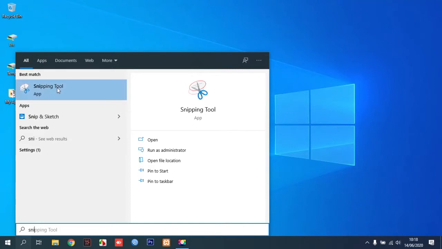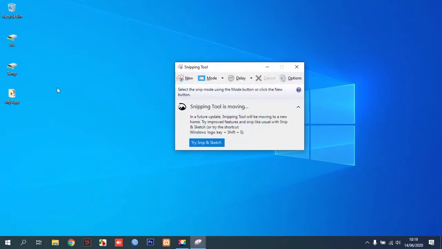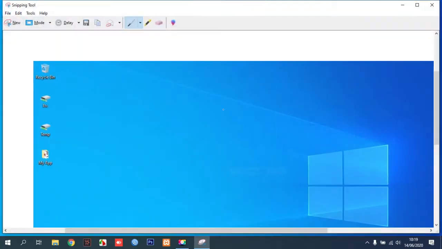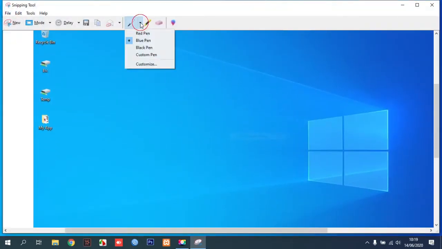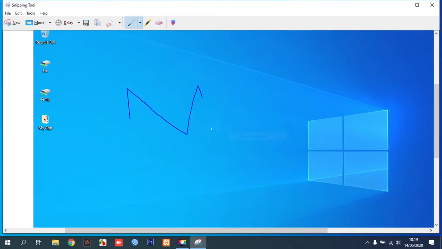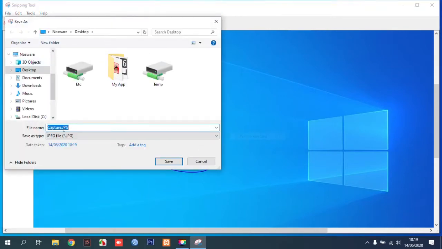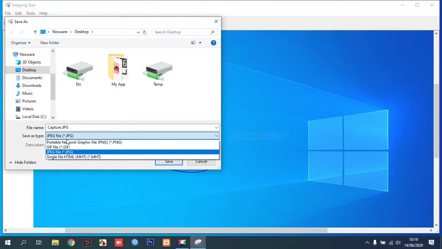You can see there, you can create a screenshot using freeform snip, rectangular snip, window snip, or I will try using full screen snip. You can add some pen in here, but with these minimalist features. Let's save this in JPG